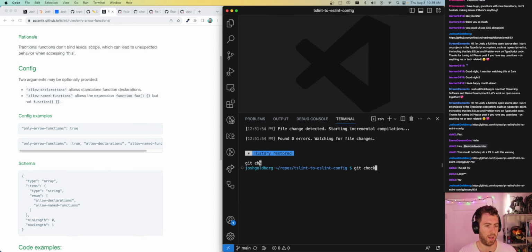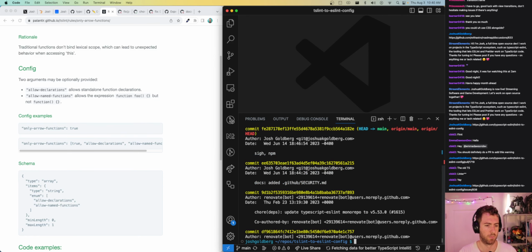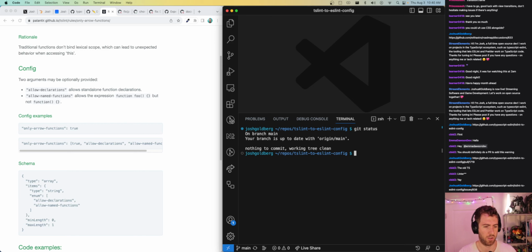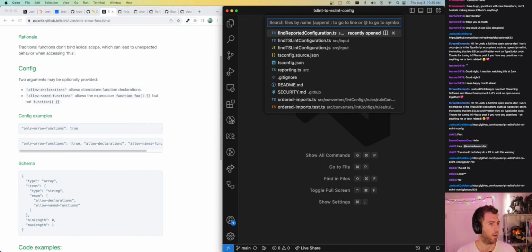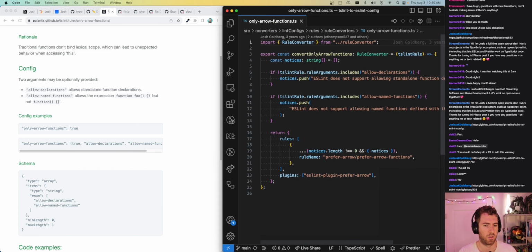So let's go to main. Last touched in June. I don't even remember touching this package in June. What's it on? npm. All right. Only arrow functions. All right, so